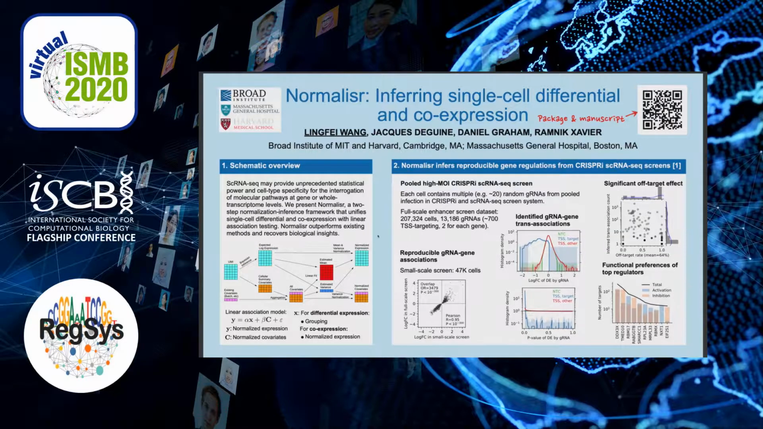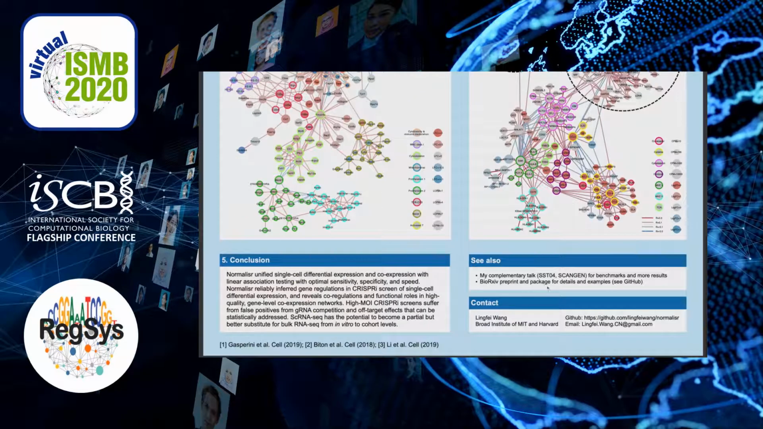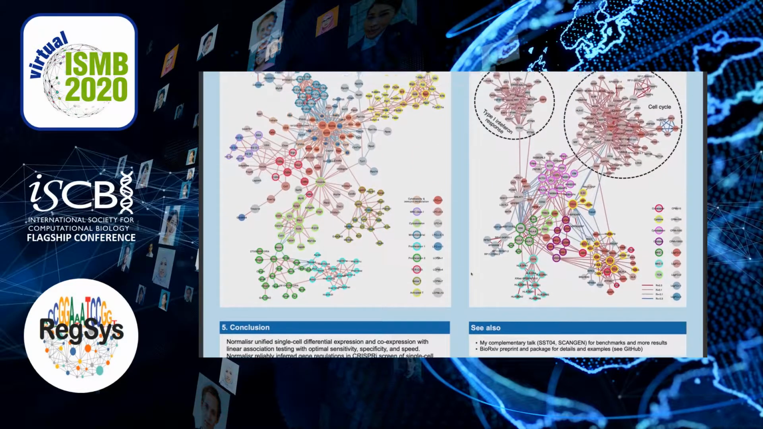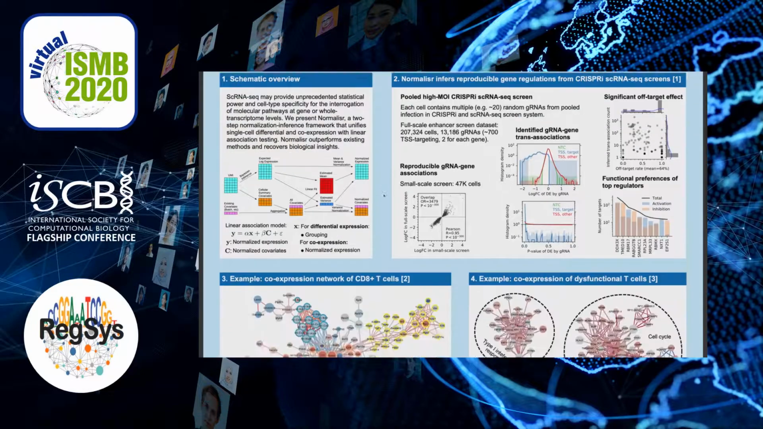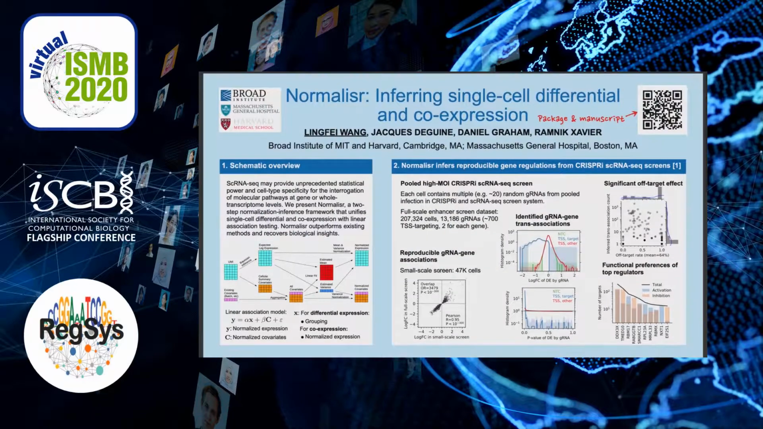First of all, I have a companion talk in the SST single-cell cancer genomics session, and it explains everything in more detail. This poster is intended more as a demonstration of the plots and some of the results that we don't have enough space for in the talk, unfortunately. So basically, Normalisr is a normalization and inference framework to look for single-cell differential and gene co-expression with linear